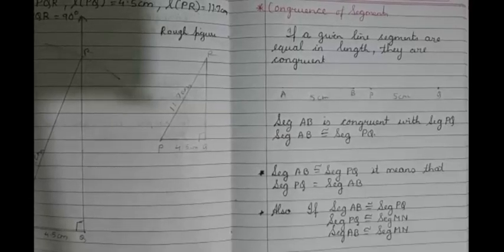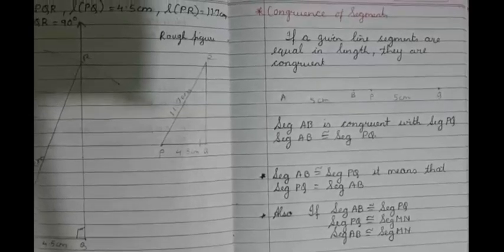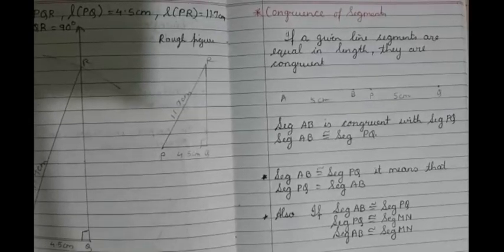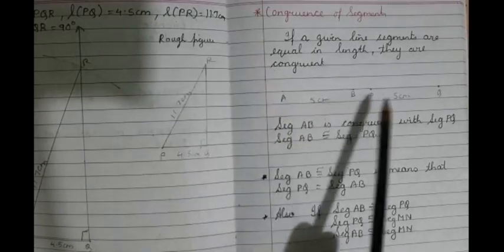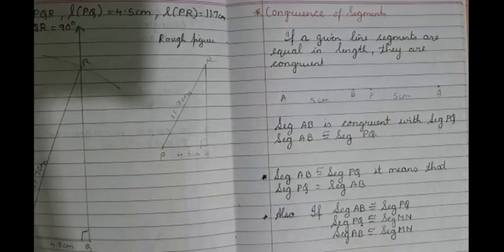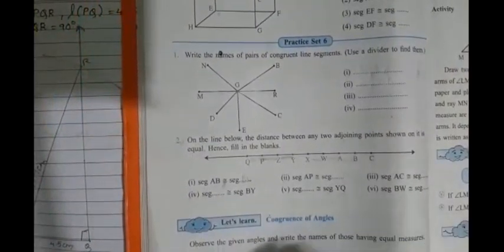So now these are the notes of congruency of segments. So take down the notes in your CW. Write neatly as I have written here. Draw the segments properly with the help of the scale and pencil, and complete the notes in neat handwriting in your CW. Now after writing the notes, you can also take a screenshot. After writing the notes, we are going to start with practice set 6. After the notes, you are going to solve this practice set in your CW.